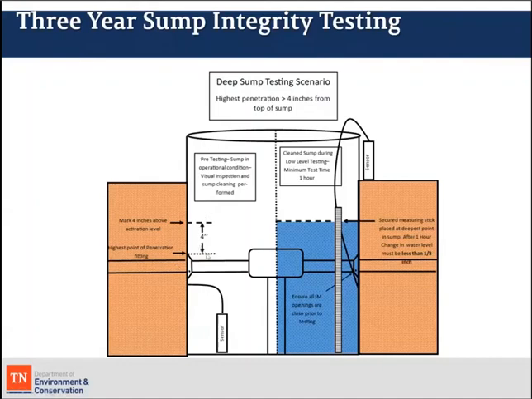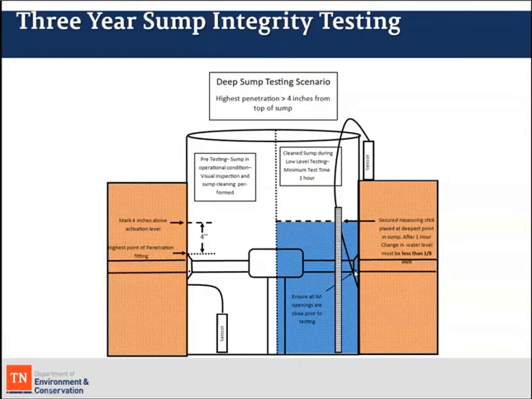So what you'll want to do is measure up 4 inches from your highest point, clean your sump, fill your water up, and make sure that all these openings, test boot openings, anything like that is closed off before you perform this test, or else you're going to lose water through one of those openings. So you want to ensure that all of those are nice and tight before you fill the sump full